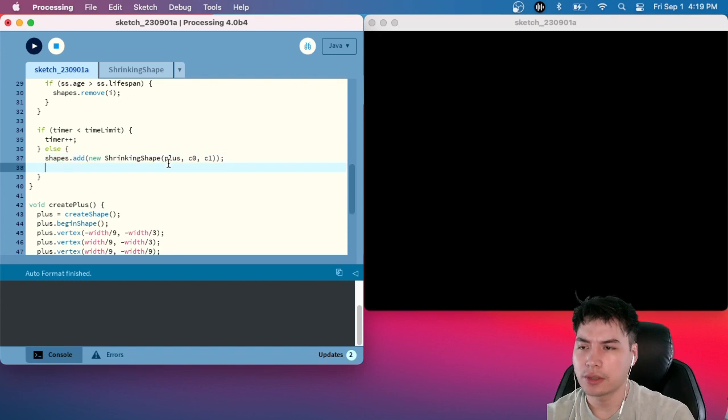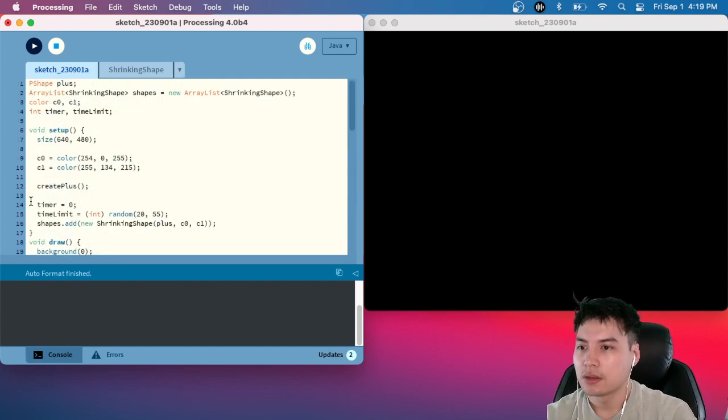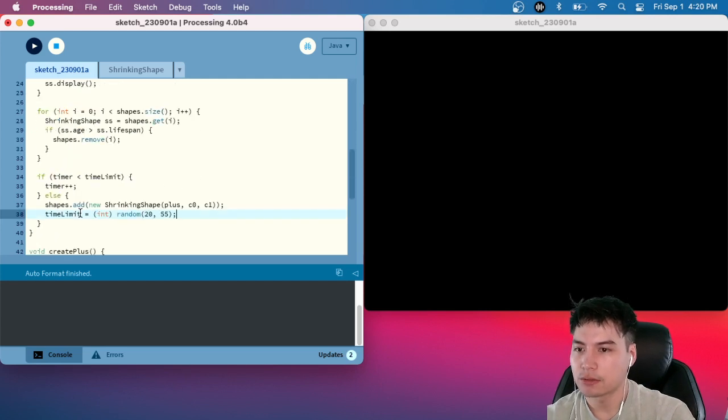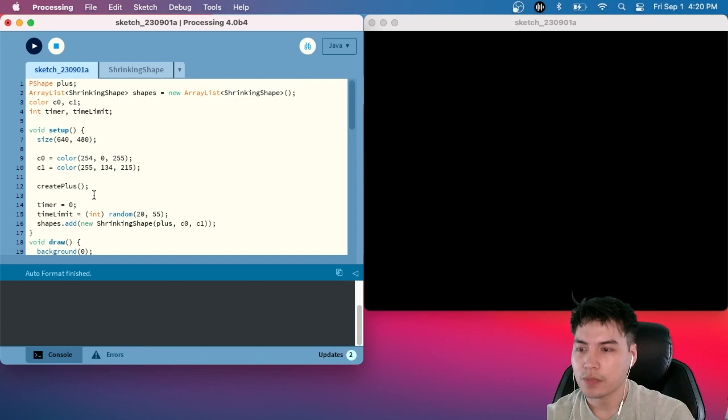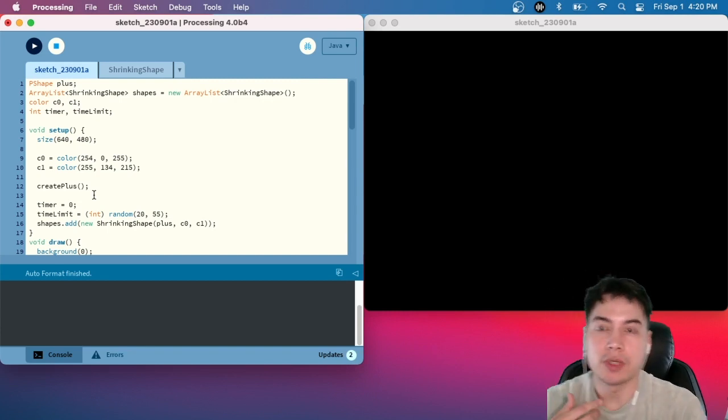We also want to give this a little more variety in when the shapes respond and how they look. So we'll make the time limit also change, and then we'll reset the timer to 0. The other thing I want to do is set a maximum number of shapes, because